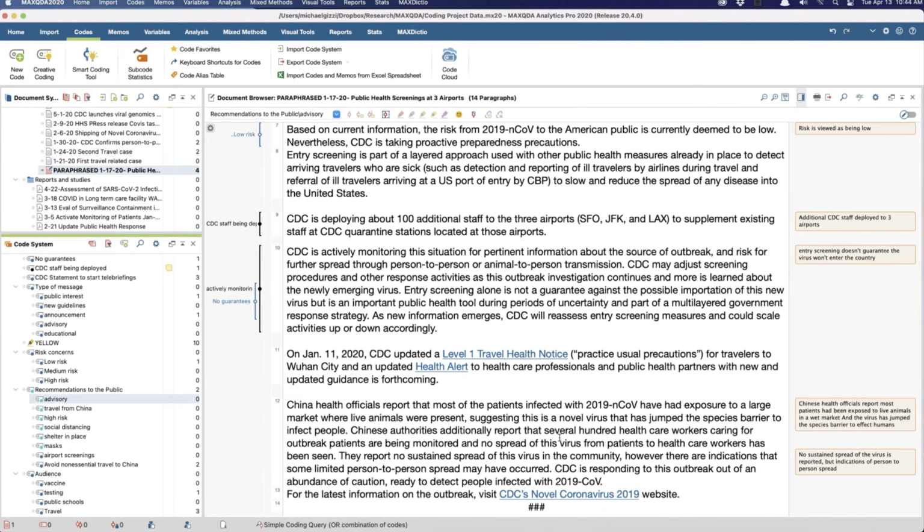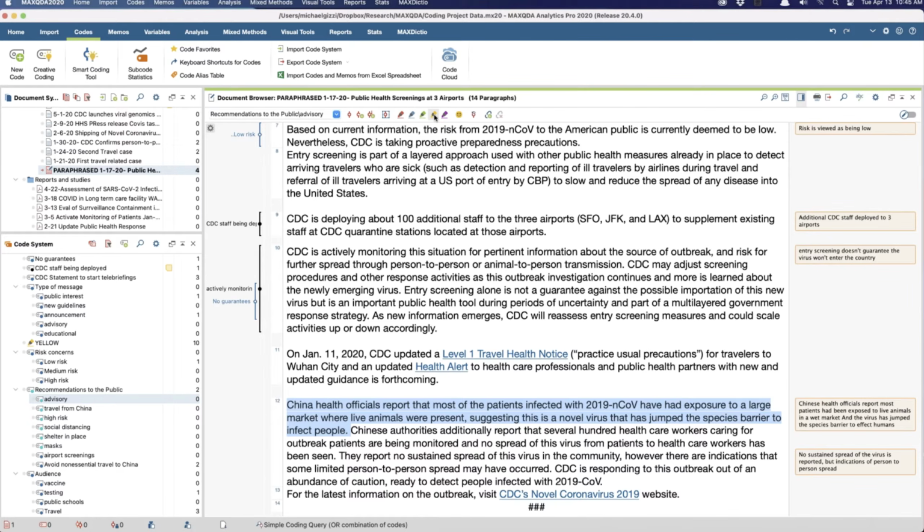This is too long to make a code, because codes are limited to 63 characters. But this statement right here is something that I might think of as highly quotable, and I might want to highlight it. There's a couple of ways I could do that. One way is I can use my color codes.